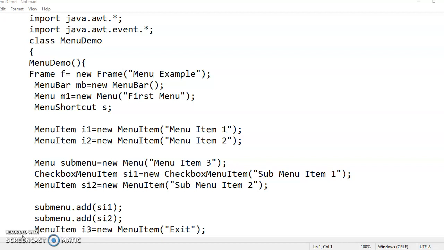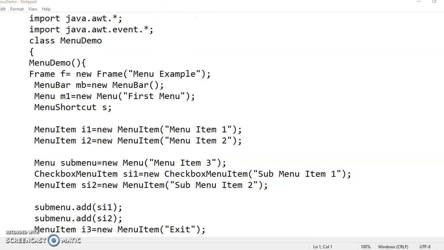First of all, I'm sure you have encountered a menu bar somewhere or the other. Now consider this simple text editor. This is a notepad. Here also you can find a menu bar, which is exactly below the title bar. Now the title bar is the top thing in any window. So you can see a menu demo, which is nothing but the title bar. Exactly below the title bar is a menu bar.